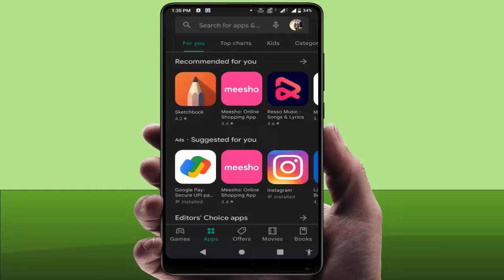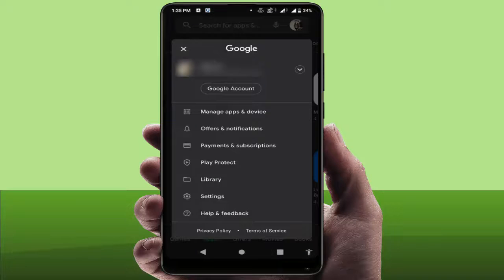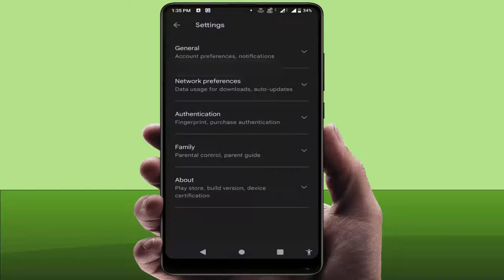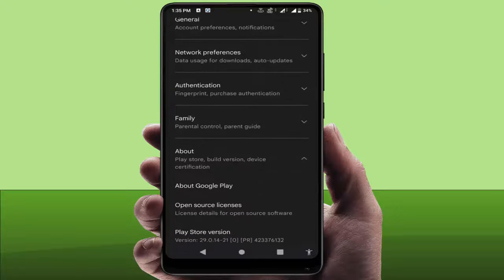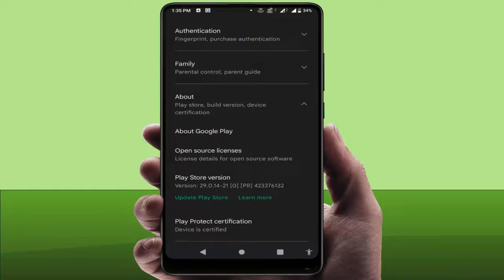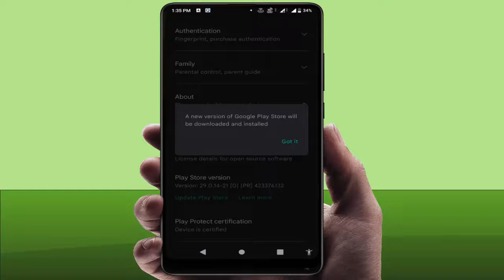After opening, on the top right corner you can see your profile picture. Just tap on it. From here you need to open the settings. In the settings, tap on About and slightly scroll down, and here you can get the option Update Play Store. Just tap on it, and a new version of Google Play Store will be